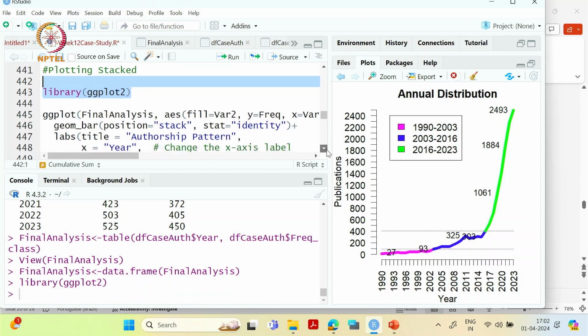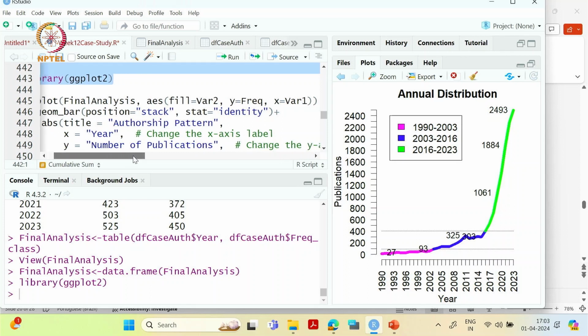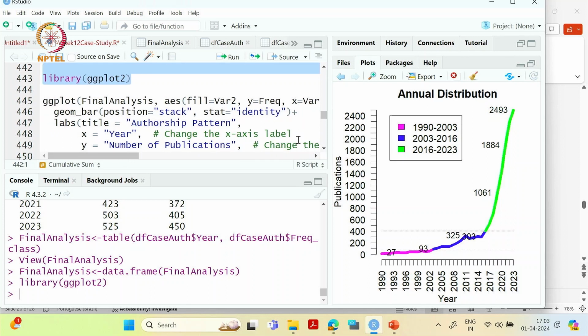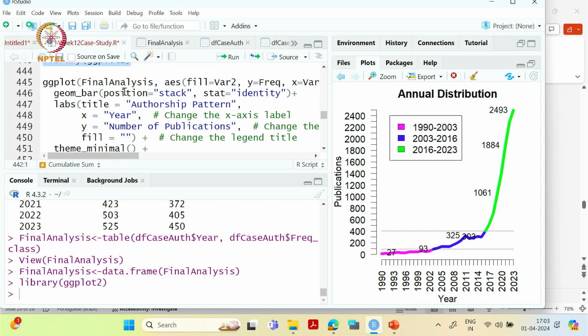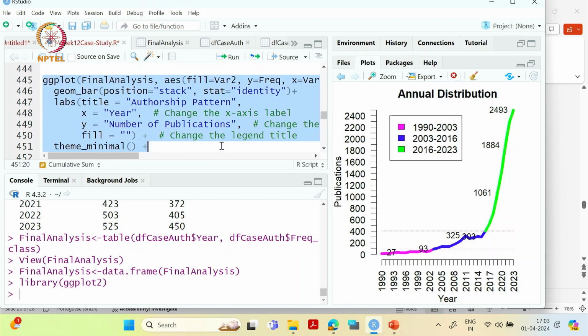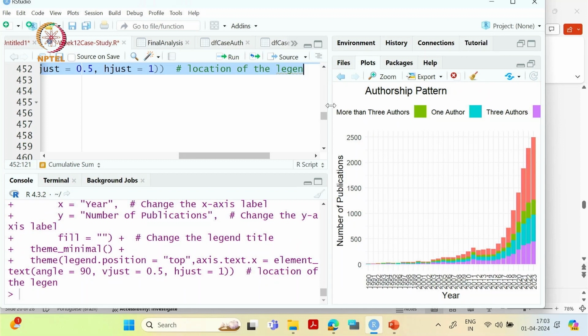and then it has some arguments. There are different arguments, the same as the arguments it has for the line plot. So we are telling that this is our data, and then it should be filled with these variable frequency, then it's a stack, then the title, authorship pattern, x axis, y axis. Okay, and where the legend should be placed. Okay, so if I just run this,